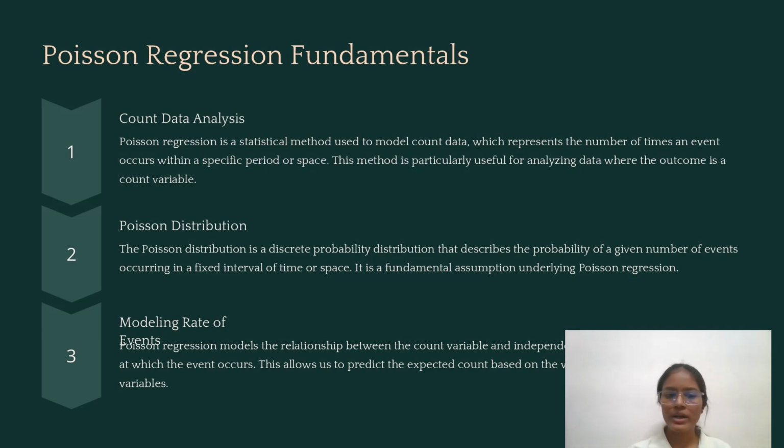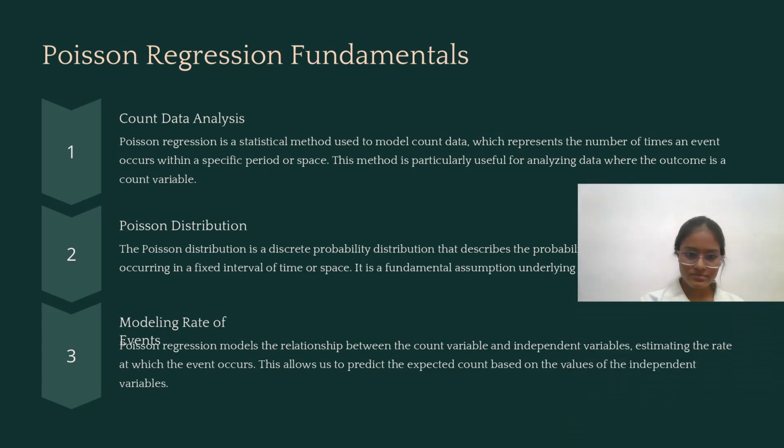And third is modeling the rate of events. So Poisson regression models the relationship between the count variable and the independent variables, estimating the rate at which the event occurs. This allows us to predict the expected count based on the values of the independent variables. And next is,